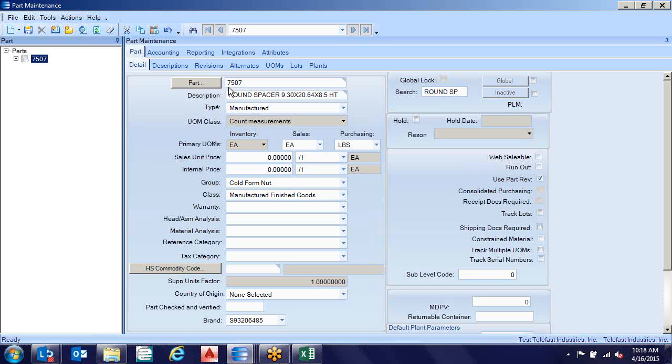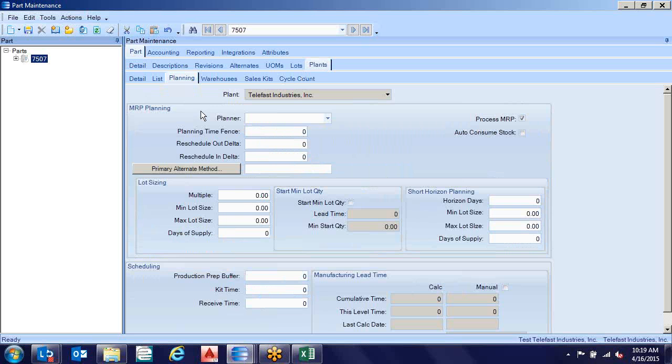If we wanted this bushing to get done, planning wise, at the same time that the bolts are ready to go to hot roll, then this is set up the way we want it to. The subassembly? Correct. No, this is the material aspect. This is a part. Yes. But if we wanted the bushing to get done, let's say, a day before, how would we have to have this set up in the system? If you had put a receiving time on this of 1 day,